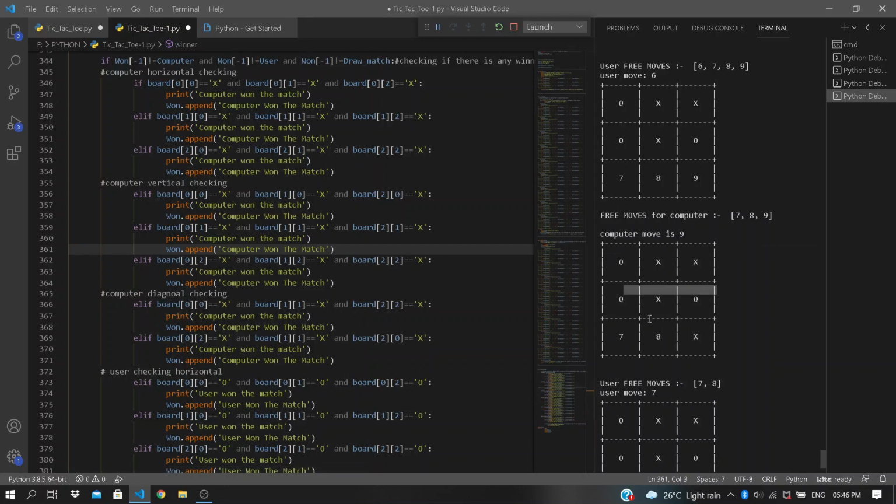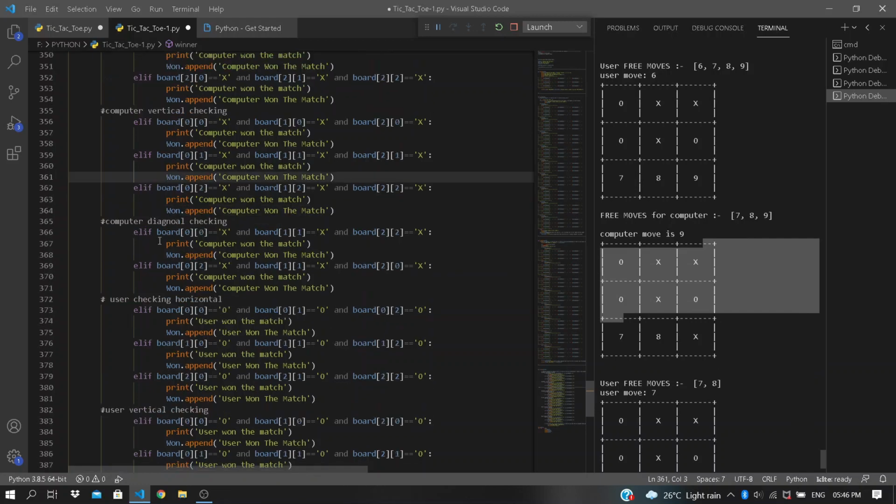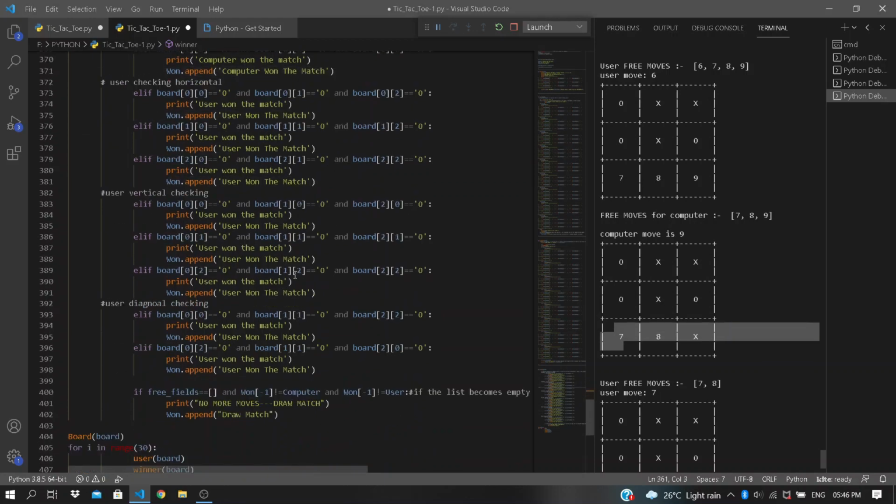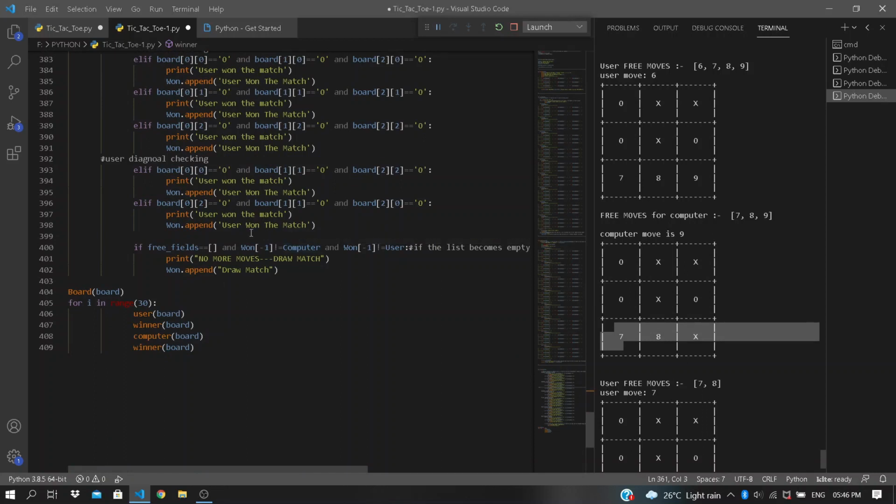Here we will check each and every possibility in horizontal. See, in horizontal we will check, and vertical we will check, in diagonal also we will check. See, in diagonal checking, I'm going to check 0 0, 1 1, 2 2, and 0 2, 1 1, and 2 0, and we will append that winner to one list. If there is any chance